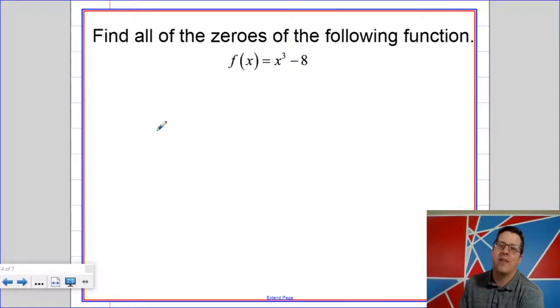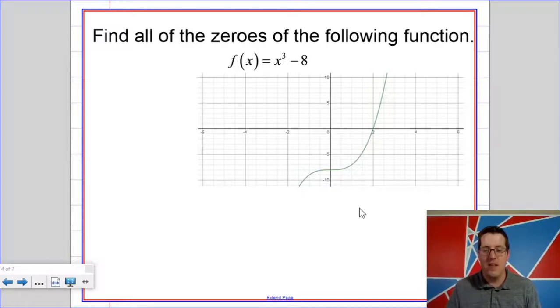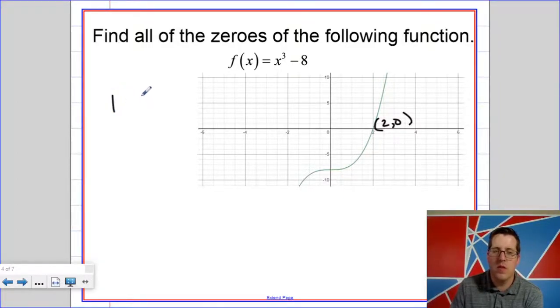And finally, our last thing here. Find all the zeros of the following function. So one approach that you might want to take is graphing the function. Now, since we haven't done graphs yet, that's next lesson, one thing that you can do is you can go plug it into Desmos. So I see that I have a 0 at x equals 2, 2 comma 0. So if I go to synthetic division, x cubed, no x squareds, no x's, -8, and I plug in +2,